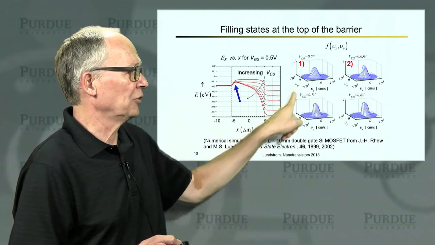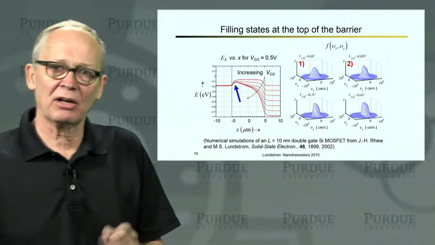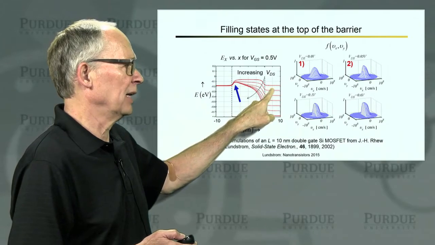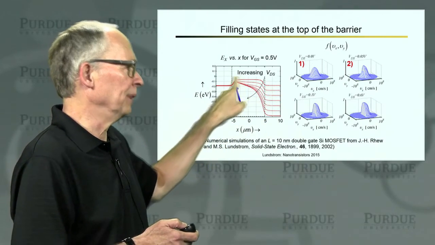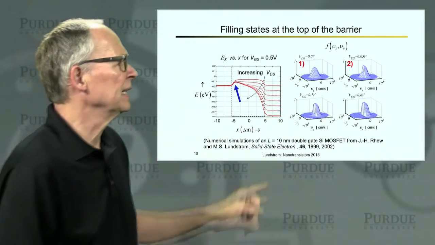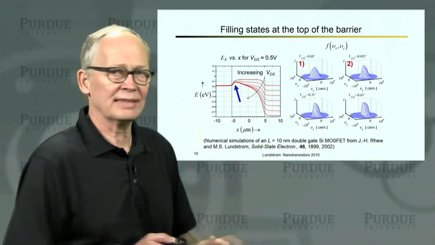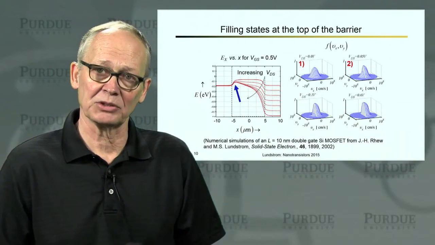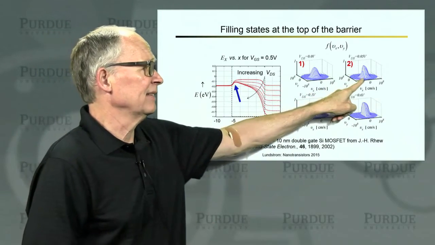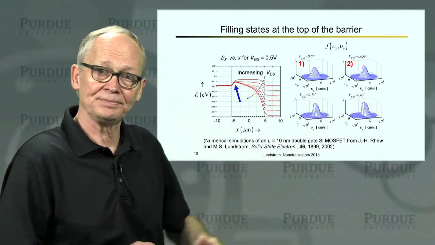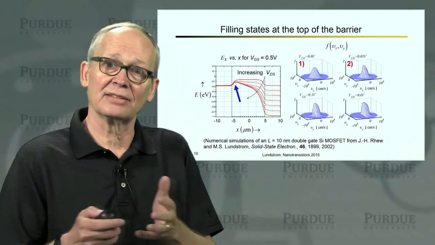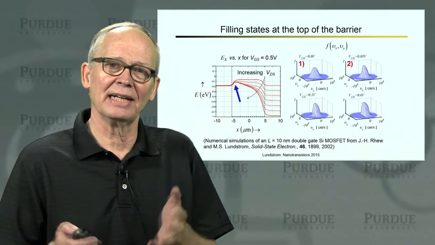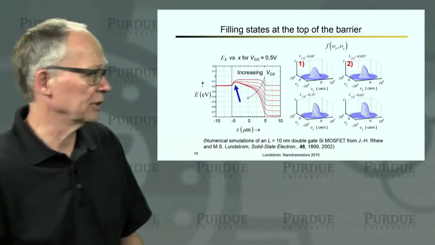Okay, now let's add a small drain voltage. It makes it a little bit harder for the electrons from the drain to populate the states at the top of the barrier. Or if we think about it in a thermionic emission model, there's a higher barrier to hop over and get to the top of the barrier. So if we look at this distribution of velocities, we see that the positive half doesn't seem to have changed. The electrons are coming in from the source just the way they did before. But the negative half is significantly smaller. So now all of the positive velocities aren't canceled by the negative velocities. The average velocity increases. This is the region where the velocity begins to increase linearly with drain voltage.